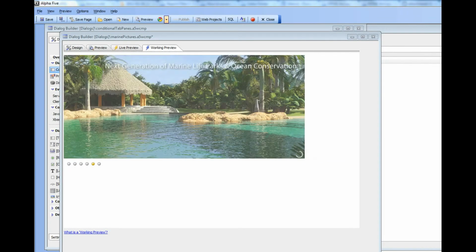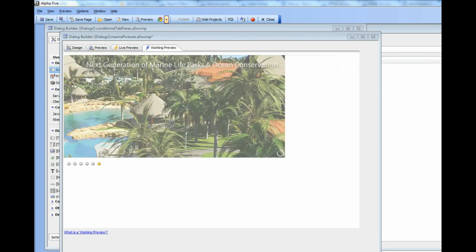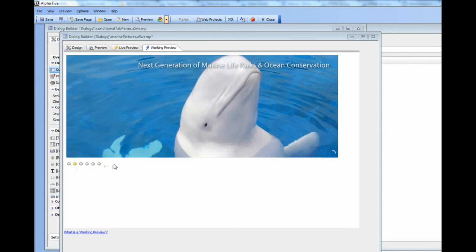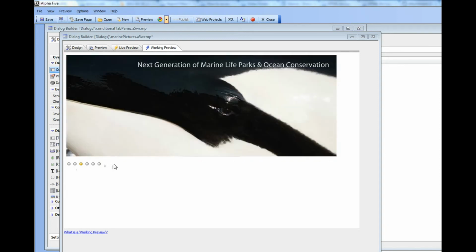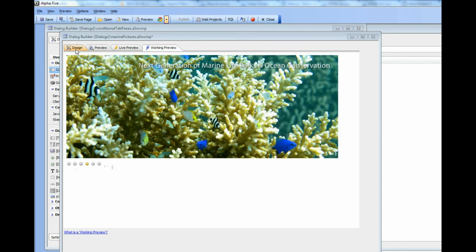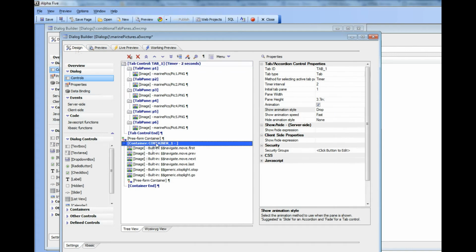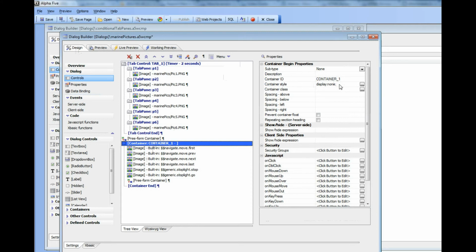So in this video we're going to go into some depth and discuss how these icons over here have been programmed into the dialog component. So let's go back to design mode, and before I do that I'm going to describe in a little bit more detail how the methods that are available to you in the tab object can be